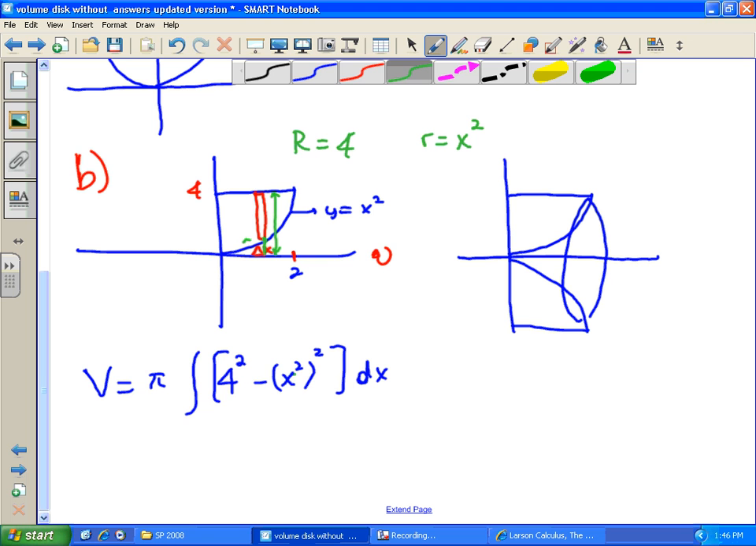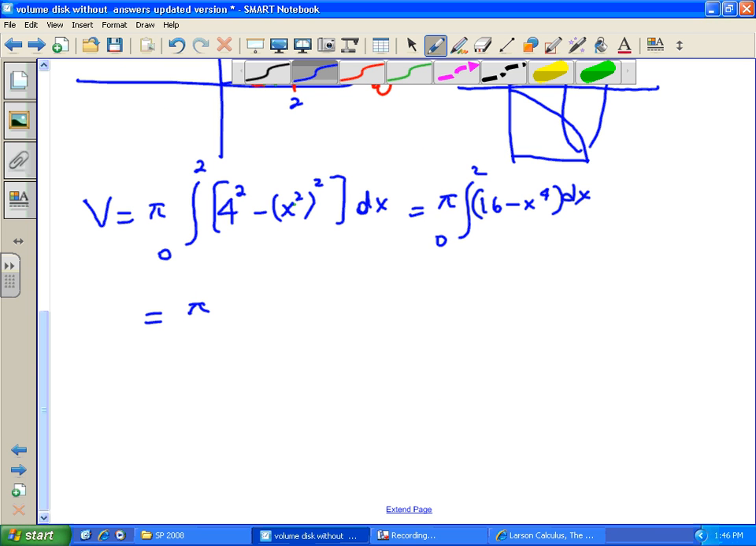Now we're ready to simplify and integrate. And how about the limits of integration? Since I have a dx, what should my limits be? 0 to 2. The limits should come from the x-axis, right? So here we have pi times the integral of 16 minus x to the 4, going from 0 to 2,